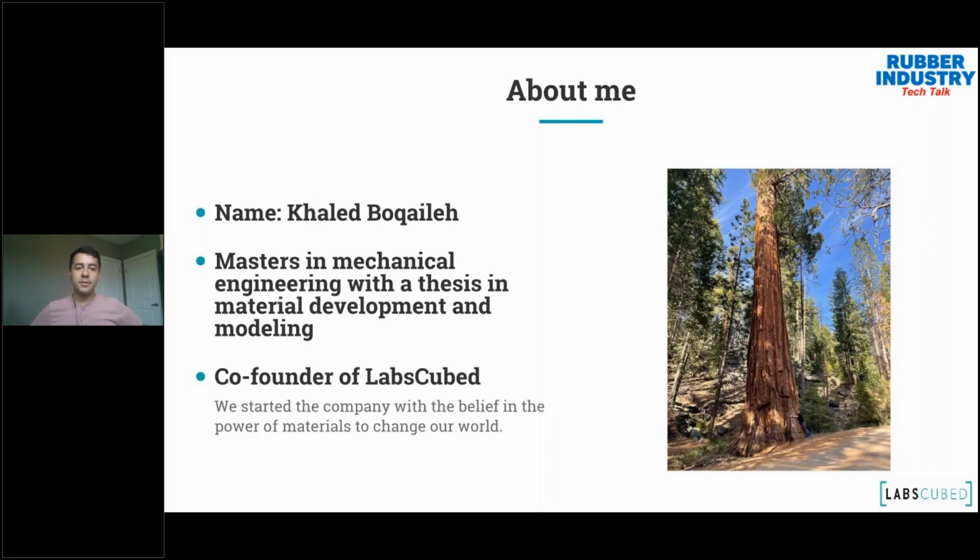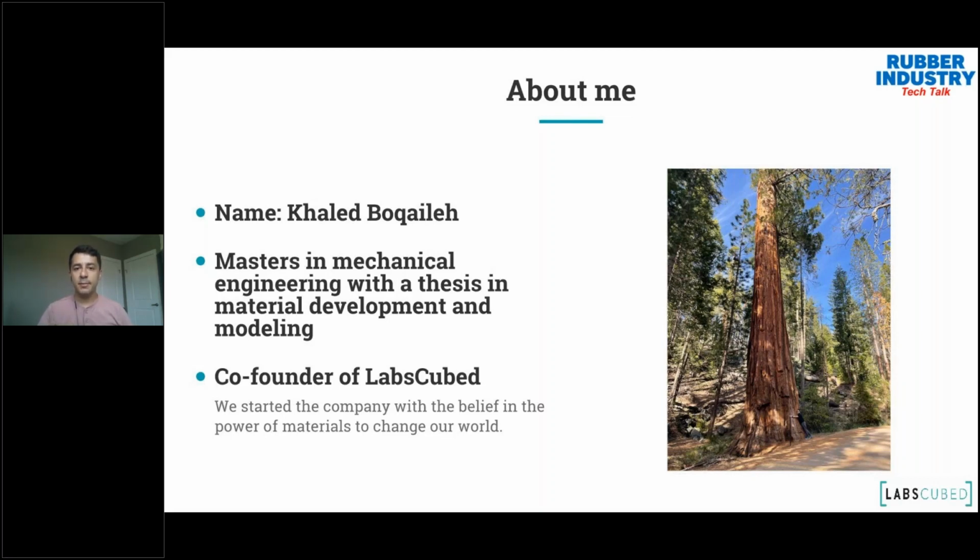I did my master's in mechanical engineering, and my main thesis was around material development. So we were working on new adhesives actually for the automotive industry. And what we found, or what I found at least, is I sat in a lab doing a lot of testing and a lot of characterization of different compounds. And so it was very manual testing. And I really hated it after a while.